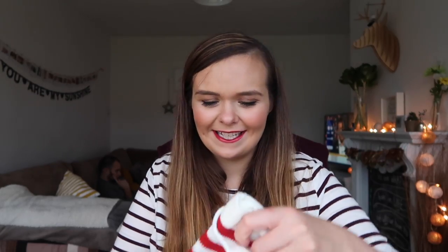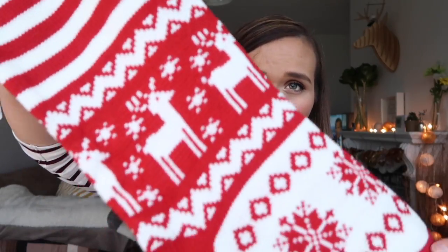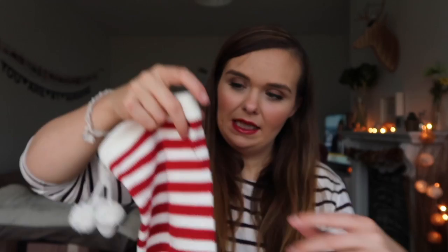And then the other Christmassy things I got were these two stockings, and these were $6.99 each. Everything I've bought pretty much is $6.99, and they just look like this. Bill already has two personalised stockings actually, and I thought it would be quite nice for me and Mark to have stockings because we don't ever do that sort of thing for each other, and I thought it would be nice, now there's 4 of us, to have 4 stockings up on our mantelpiece and stuff. I thought it would be really cute. So they're new additions, and they've got kind of a fairytale print going on and some reindeer, and I thought they were quite nice and traditional, and they're quite big as well, which means Mark can buy me more presents,